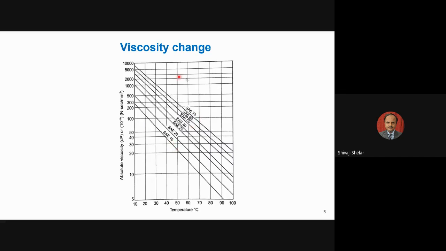Sometimes you need to refer to the graph, because the viscosity given by the supplier of the lubricant may be at only 25 degrees Celsius, and you may be operating at, say, 90 or 80 degrees Celsius. Suppose you have taken SAE 20 oil, and the supplier specified a viscosity of, say, 150. That is correct at 25 degrees Celsius. But your operating temperature is 80 degrees Celsius, where the viscosity of that fluid is just 12 or 13. So your purpose may not be solved.